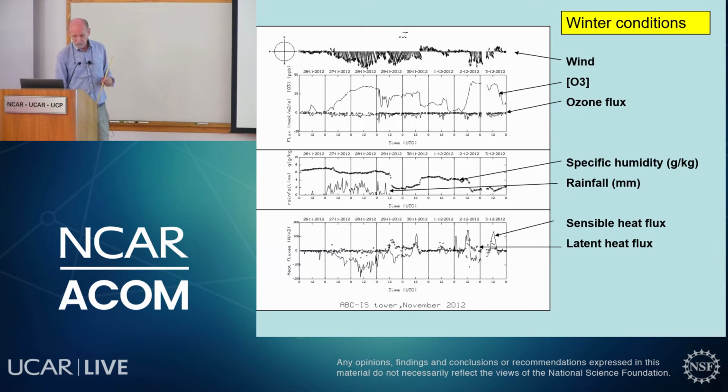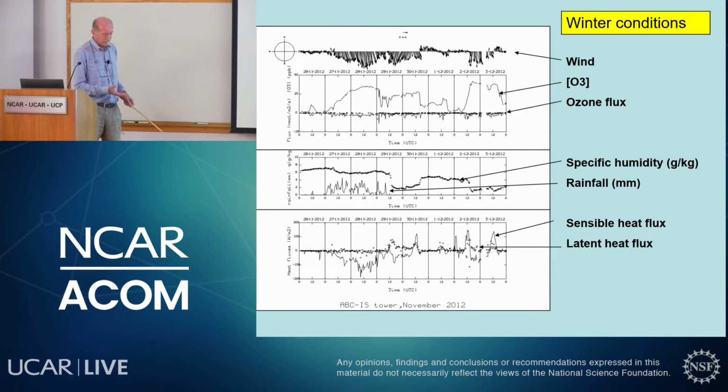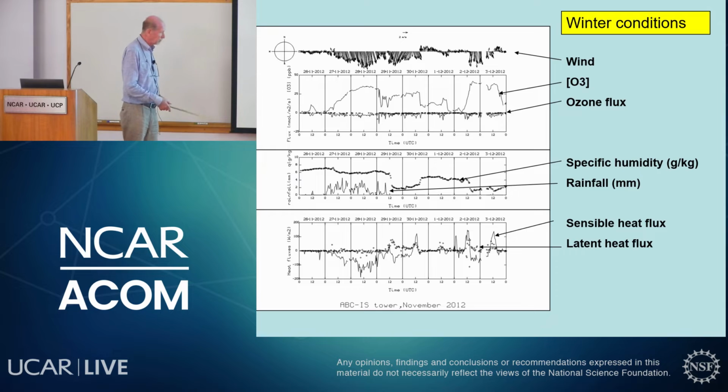In winter, the situation is completely different. There is no regularity because of the changing weather. Sometimes you have north winds, sometimes you have south winds. The mountain valley breeze seems to disappear almost completely. When it rains, like here, this is rainfall. The sensible heat fluxes seem to be negative, but I think we cannot trust that kind of observation because